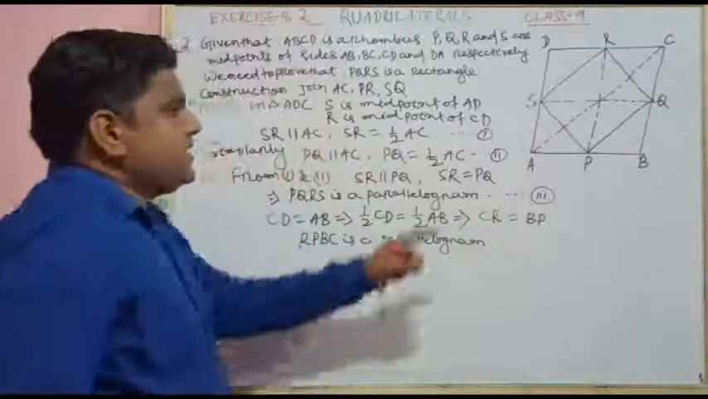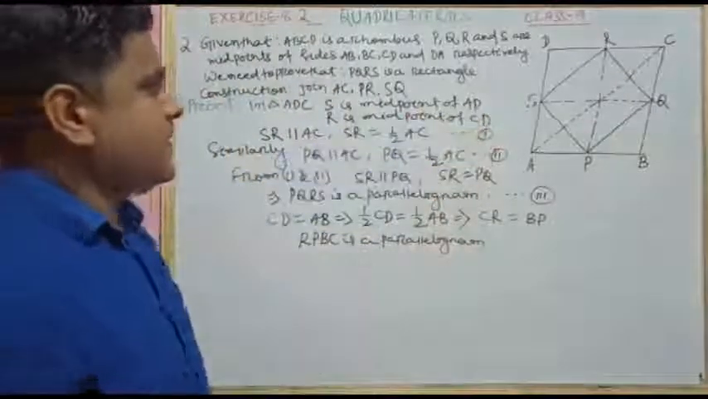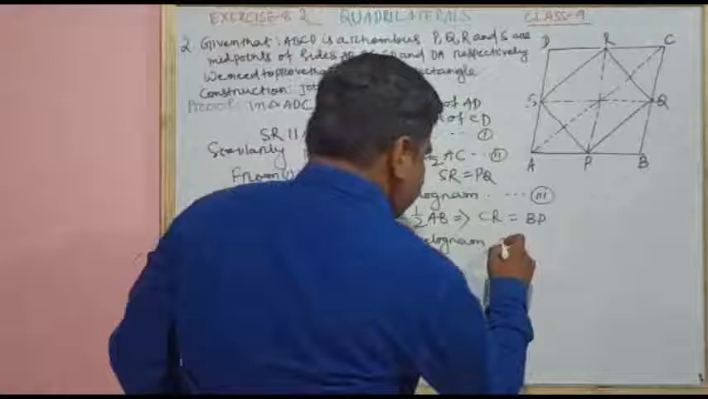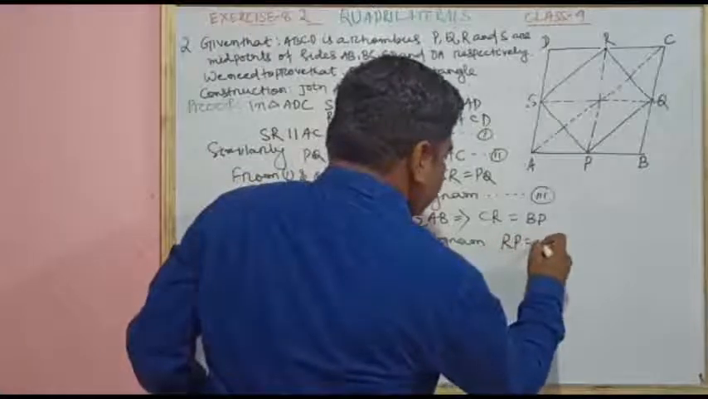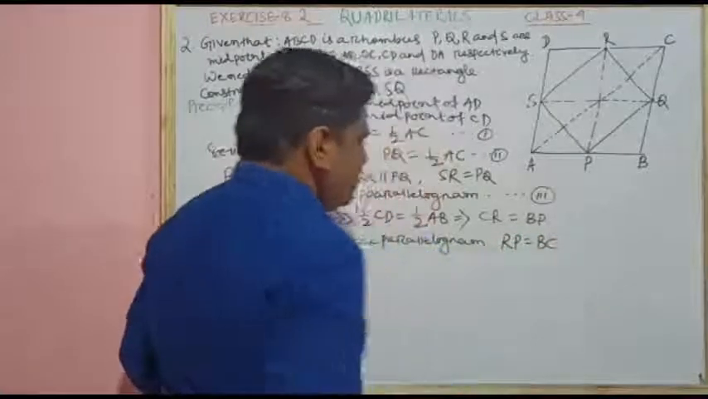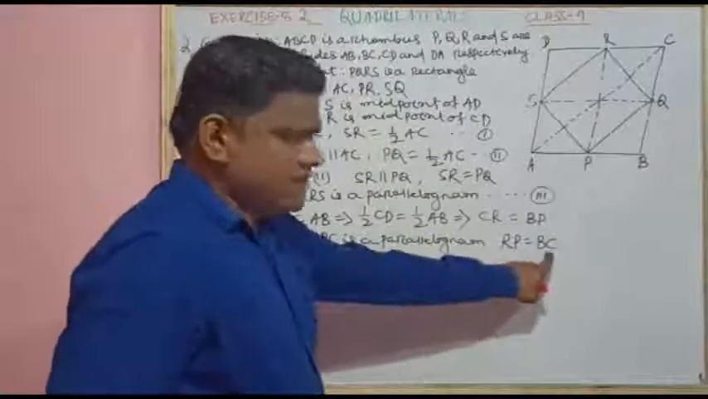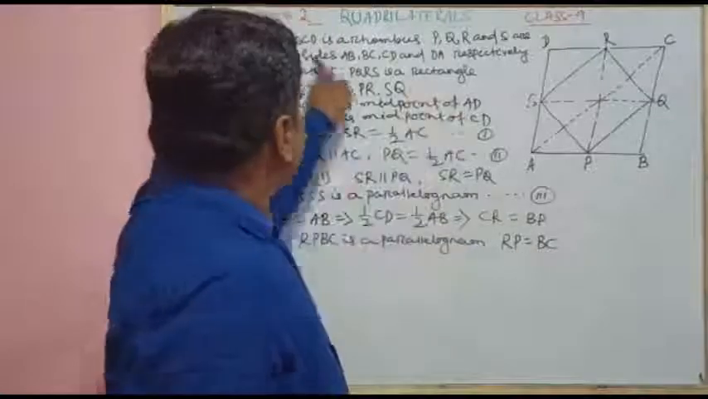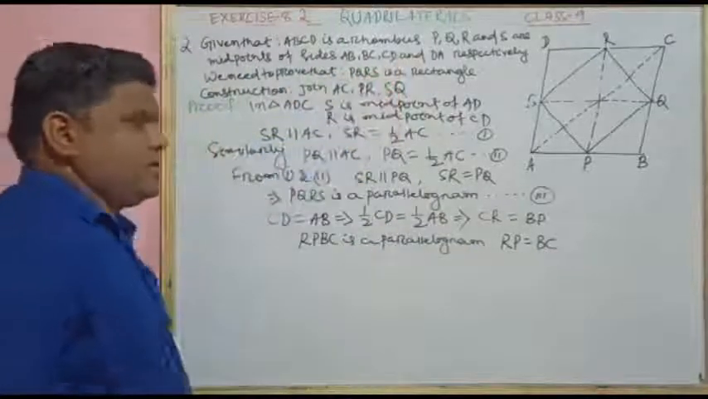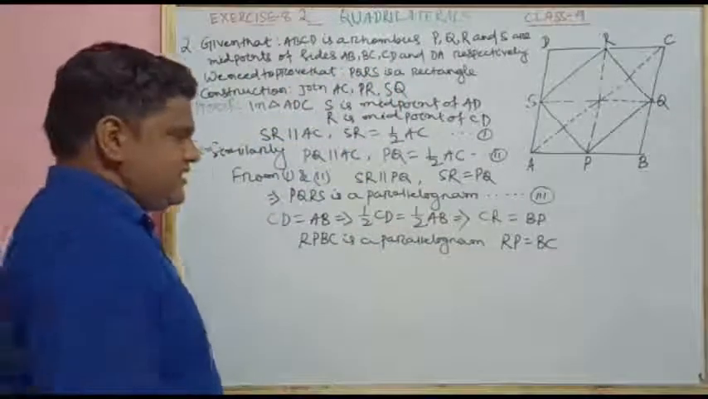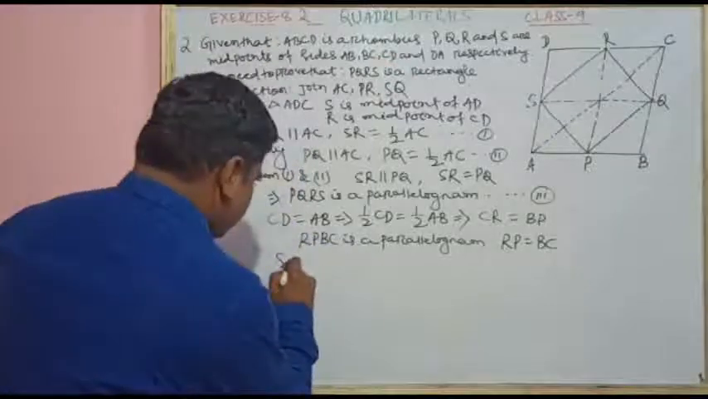If RPBC is a parallelogram, then we can write RP is equal to BC. So RP is equal to the side of the rhombus, because ABCD is a rhombus. Similarly we can prove that